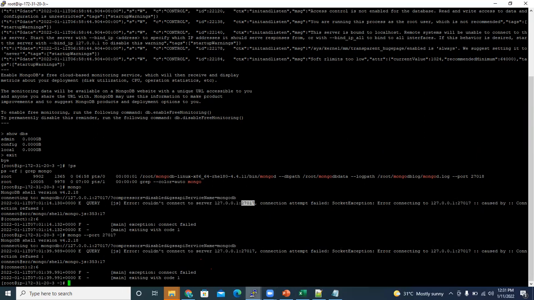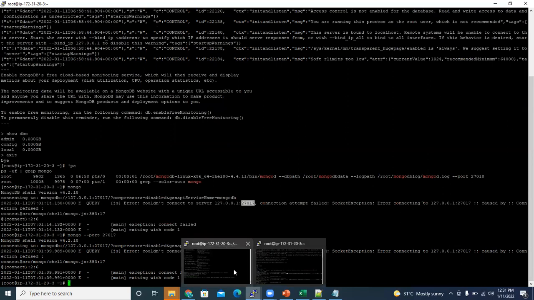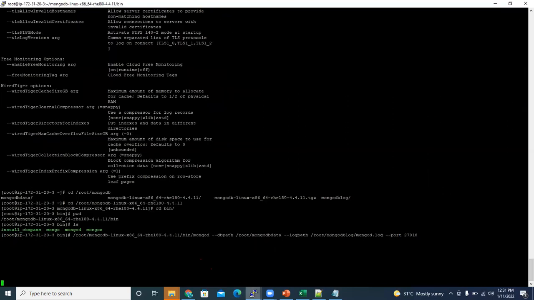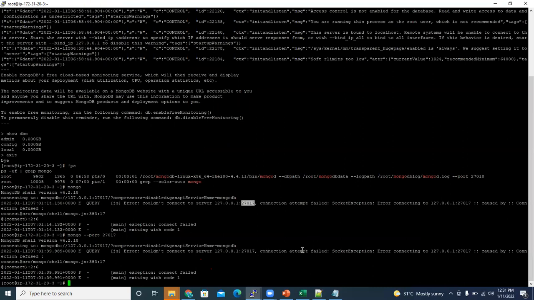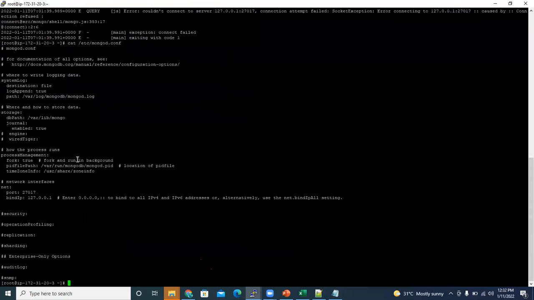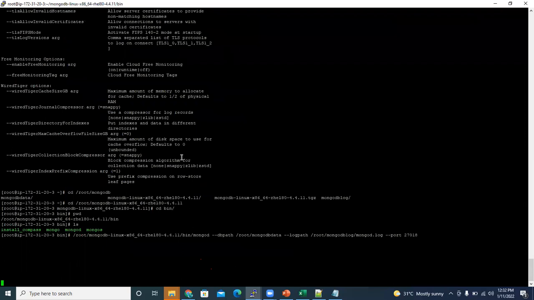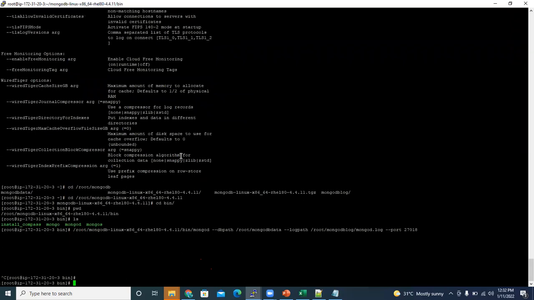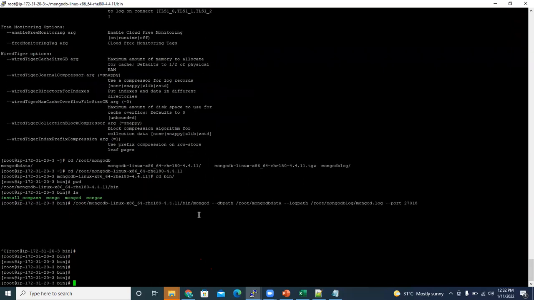Okay, now why is it showing like this? I told you about a parameter, --fork. In /etc/mongod.conf you could see a parameter fork equal to true. Now I'm just pressing Control C. I didn't do anything, I just pressed Control C and I came out of that window.